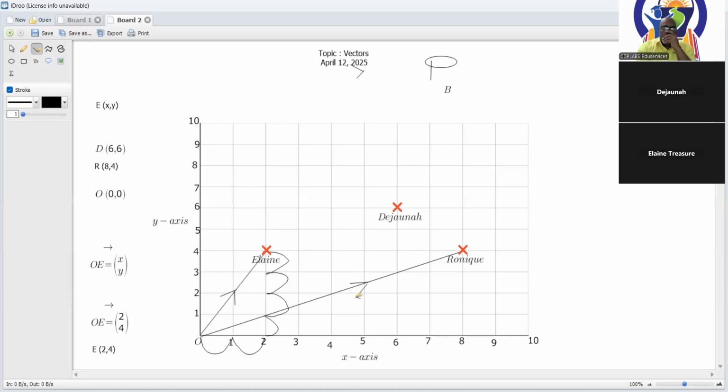So what must I do now? What is the vector R? What is vector OR? I'm seeing 8 on the x-axis and 4 on the y-axis. Good. So vector OR,